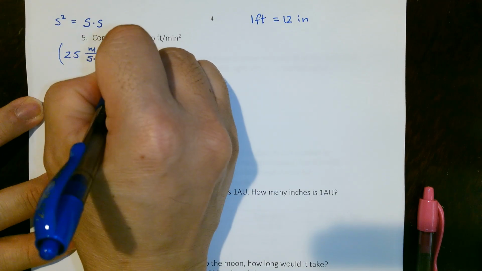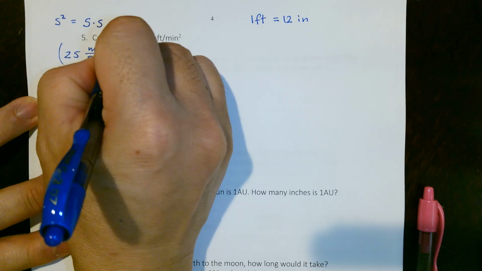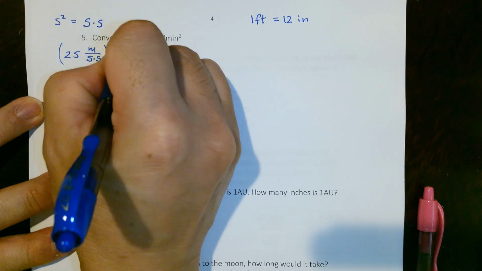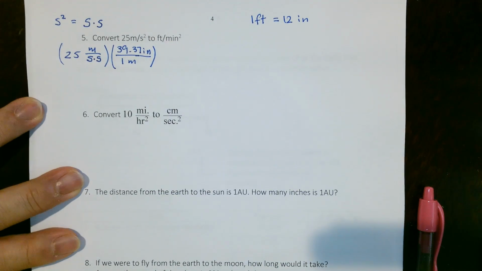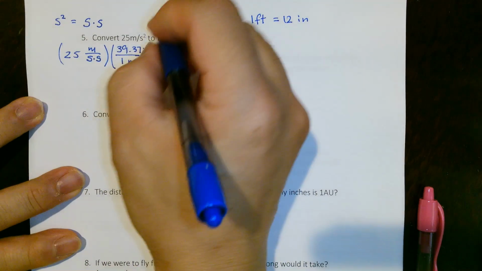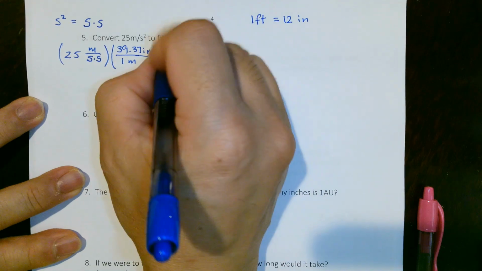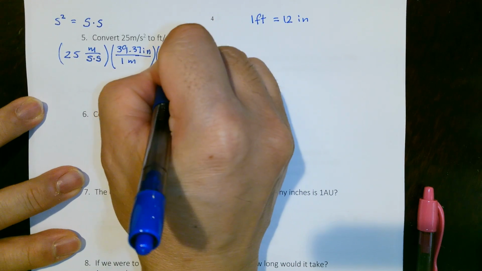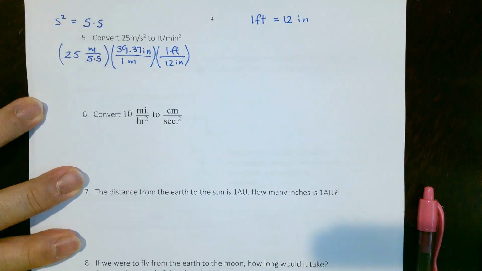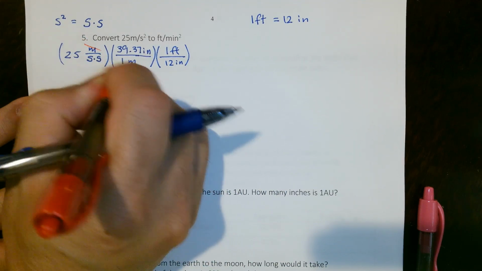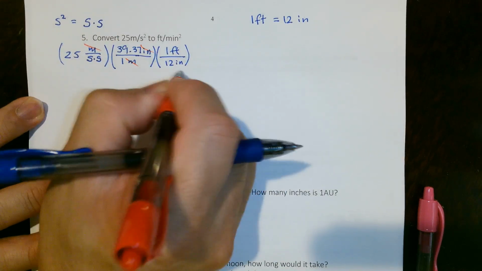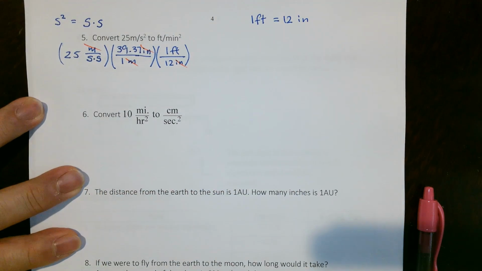In 1 meter, there are 39.37 inches. Now we can convert that into feet by saying 1 foot is equal to 12 inches. When we work this out, the meters will cancel out, inches will cancel out, giving us